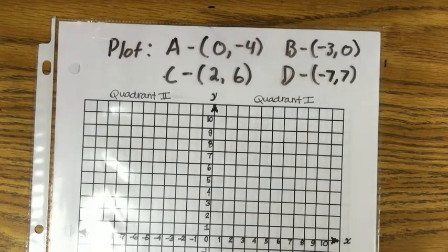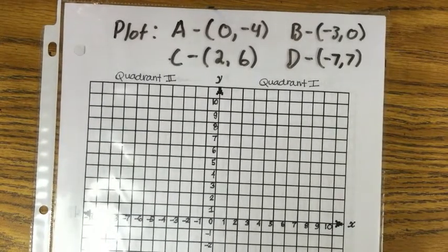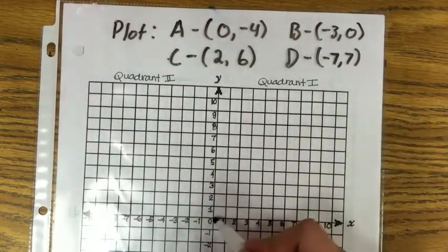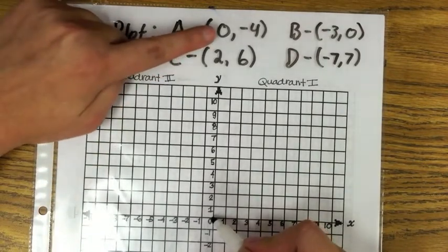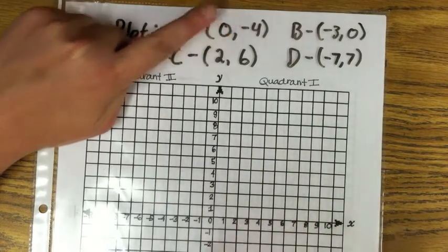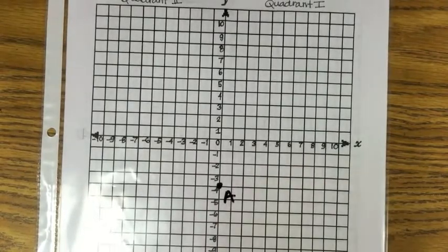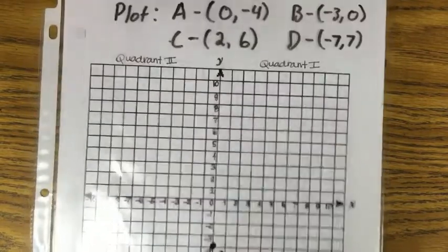Okay, now that you tried them, let's try to get our answer key done. To find A, start at the origin. We're not going left to right because our X value is 0, but our Y value is -4, so I'm going to go down to -4. So as you see right there, remember, label, so check your answer. To plot B,